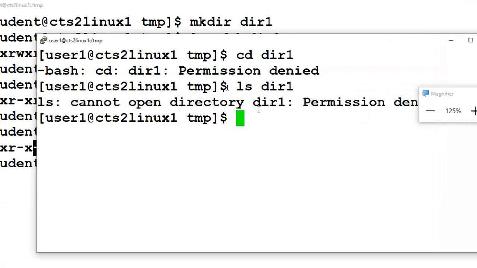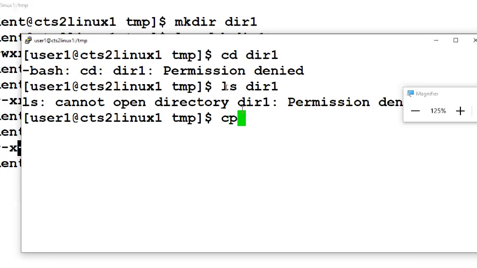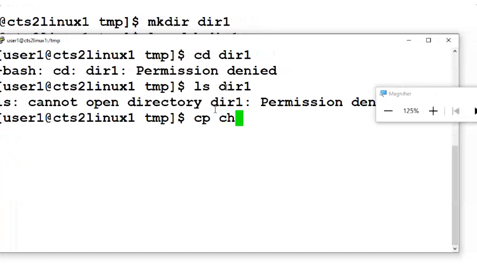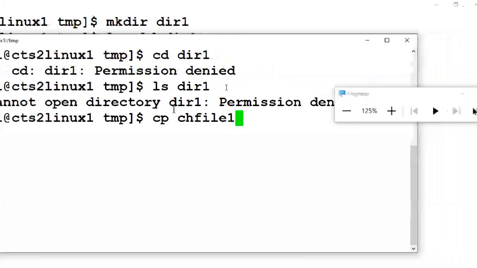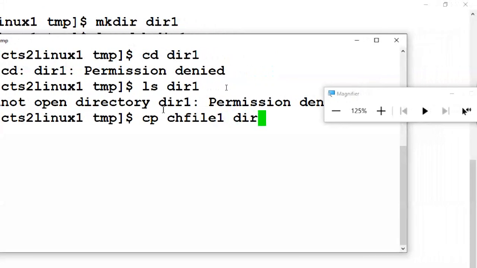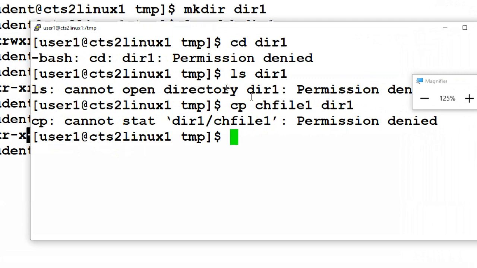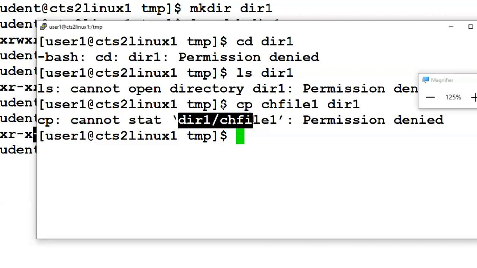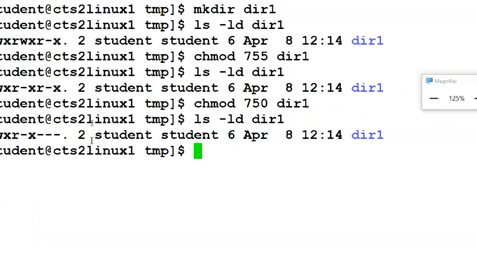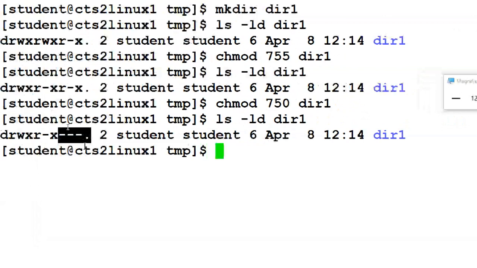We can't see it. Similarly, if you want to copy a file to dir1, you can't copy either, because we removed read permission for others.